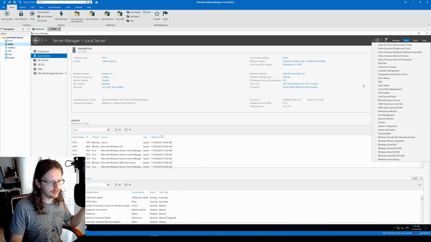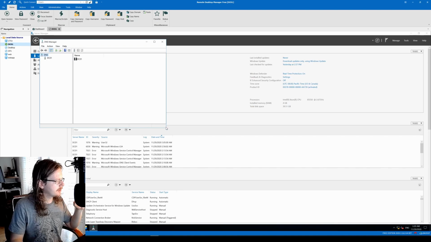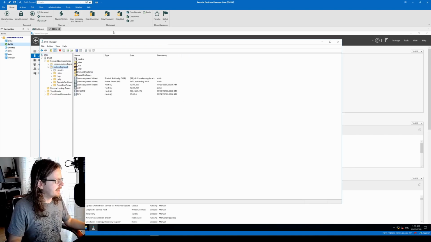Let's go into Tools and DNS. I think I have a DNS rule set up that I can show you. This is the DNS. And you can see here we have the domain on the left hand side, makervlog.local, under forward lookup zones. And the key one you can see here, you've got DC01, host A, there's the IP address,